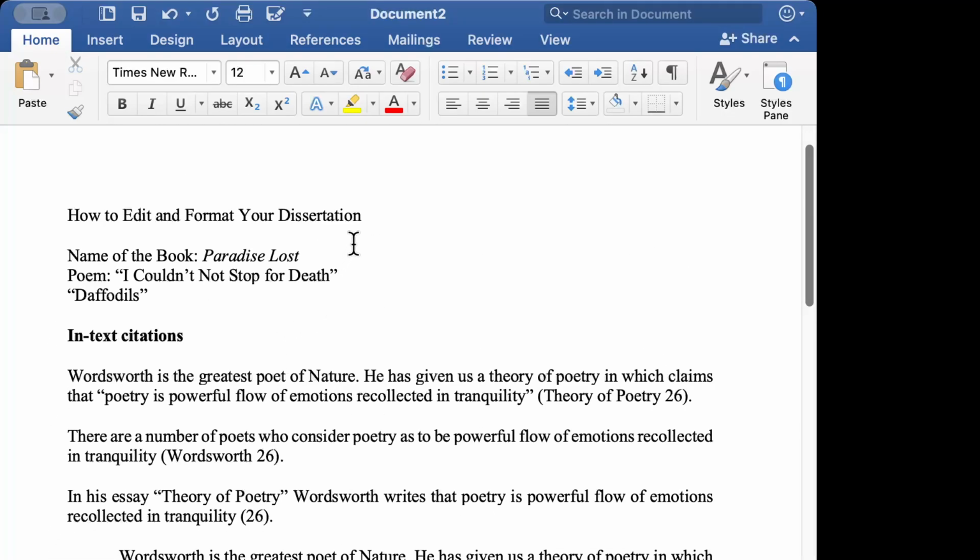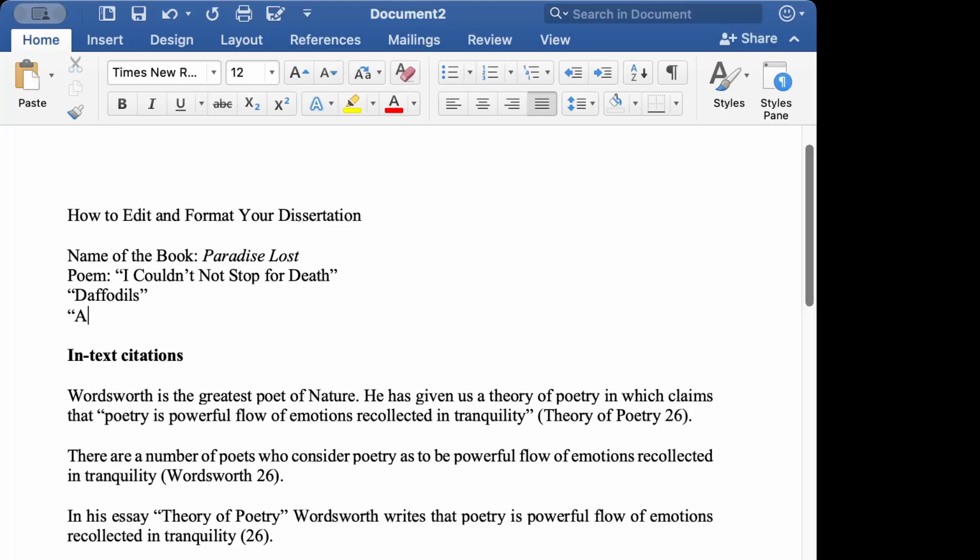So this is how we have talked about how to cite the name of a work. If it is a complete work, you'll be italicizing it. If it's a poem or an excerpt or a short story which is published in a collection in a work, for example, there's a short story called A Rose for Emily. So in that case, you'll be putting it into inverted commas.